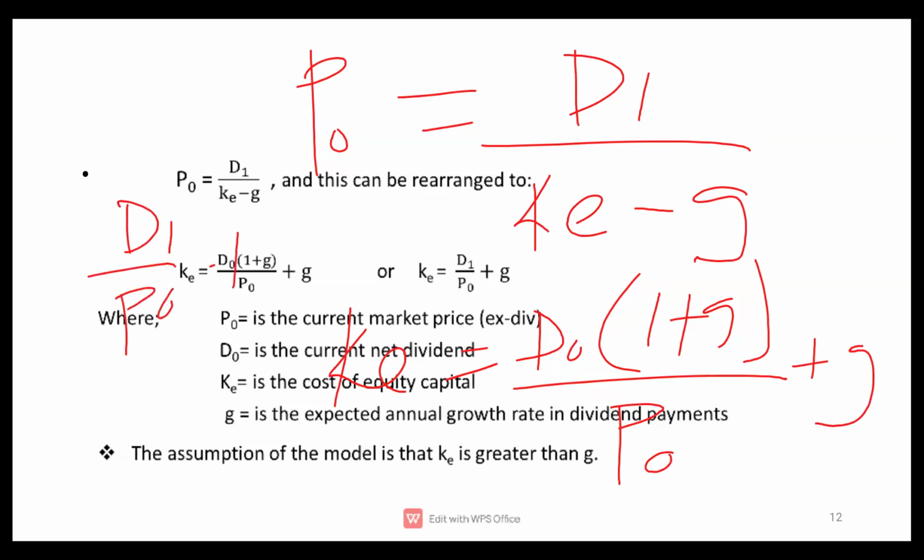Maybe what we should take home is that D1 is equal to D naught multiplied by 1 plus g. Okay, that's what you just need to know. They are equal. So when do you use which one? These are not different formulas, all right? We should just know that